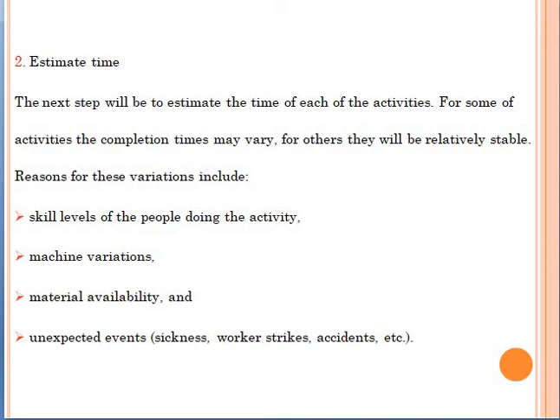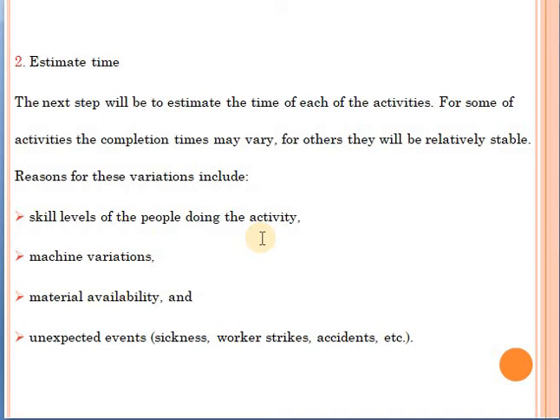completed. Now, sometimes when we do the activity, even if we repeat it several times, you will see that the duration that it will take is the same. But sometimes when we do a certain activity, we would see that the completion time may vary. Now, we have some reasons for these variations. For example, the level of skill of the people doing the activity is not the same. So each time we do this activity, you will see that we have different completion time according to the skill